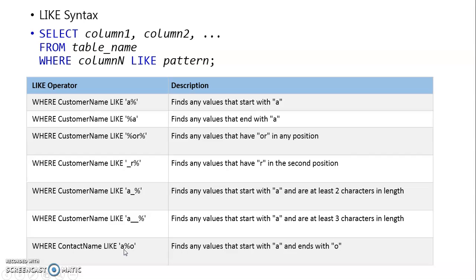At least the start should be A and it should end with O. So this is how your LIKE statement will execute using the two wildcards. First one is %, which represents 0, 1 or more occurrences of characters. If you are using underscore, it means the particular character should be present at least once.